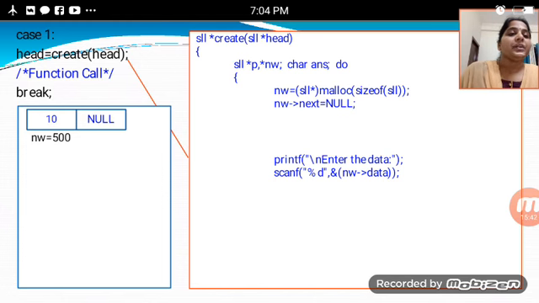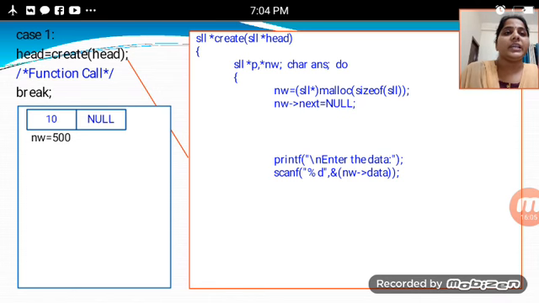On this side, the scanf function is the input function, with %d and ampersand NW data, where %d is an integer value, that is the addressing of NW data.